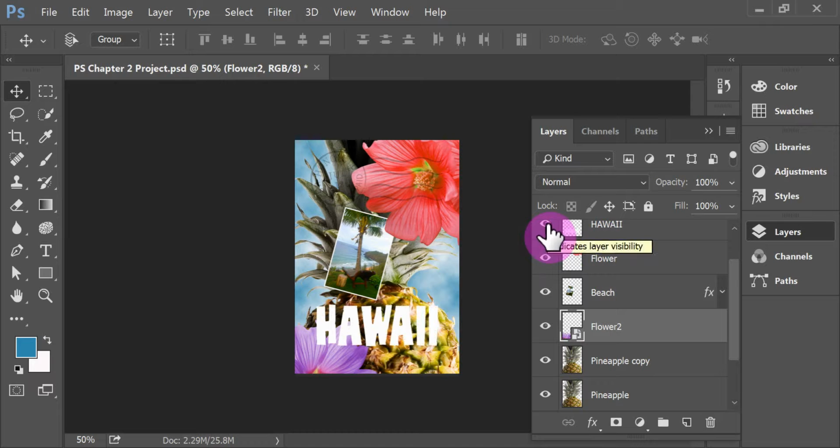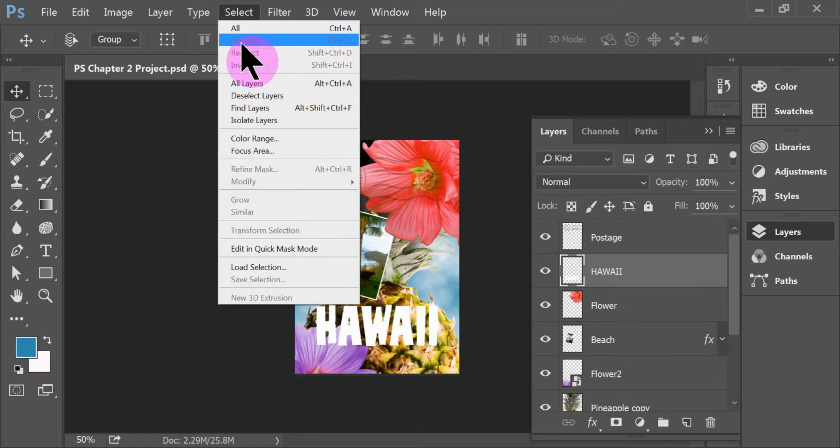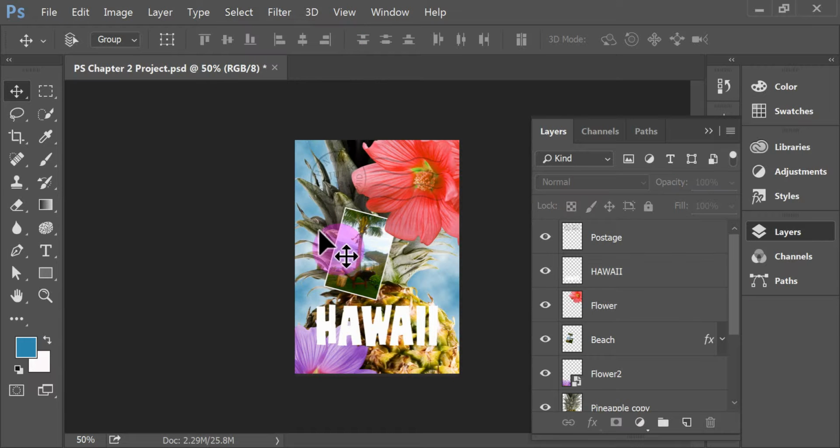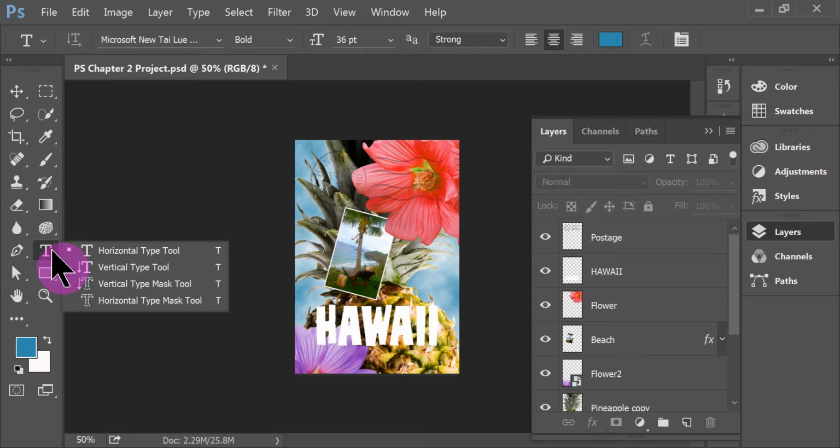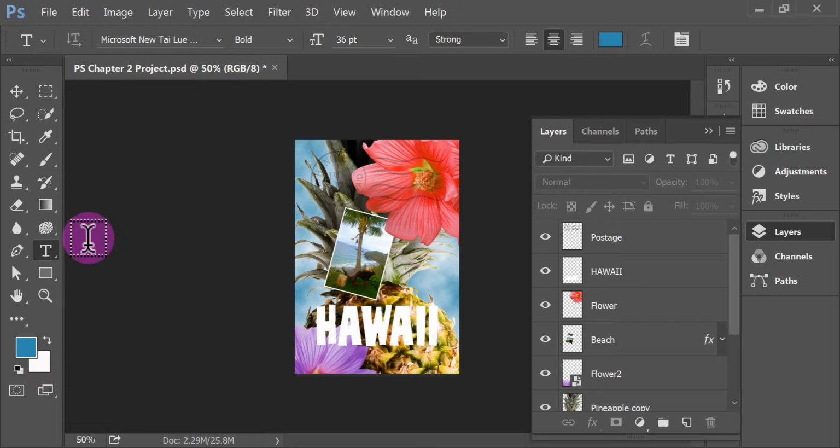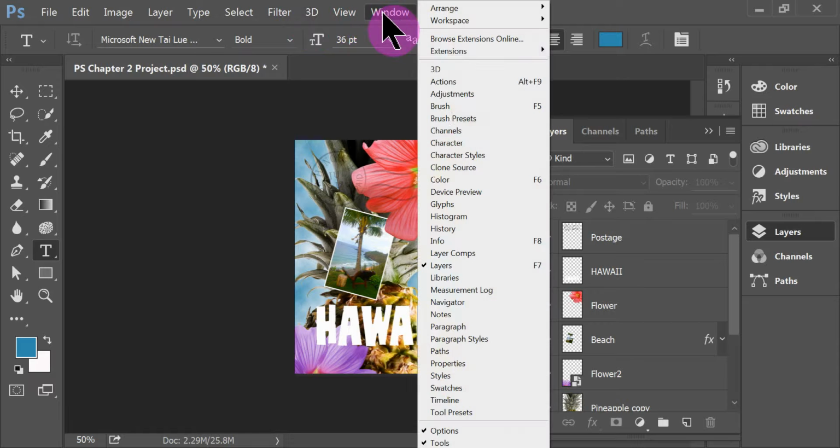Okay, there it is. I'm going to deselect all the layers in the layers panel. Deselect layers under select. And next I'm going to select the horizontal type tool. So go to my toolbox, click and hold, and select my horizontal type tool. And I'm going to open the character panel and make the following specs. So I'm going to go to Window, Character,